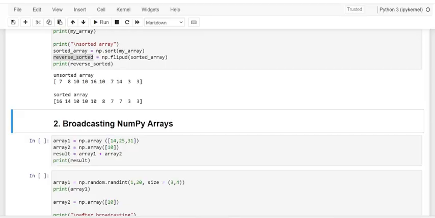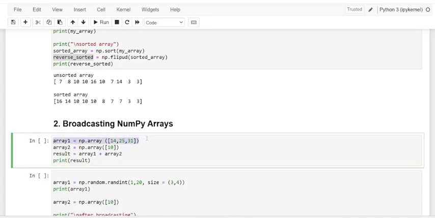And here we have the example, which is going to add them. So array 1 has 3 elements, and array 2 is a scalar array which has only 1 element, that is 1 item.